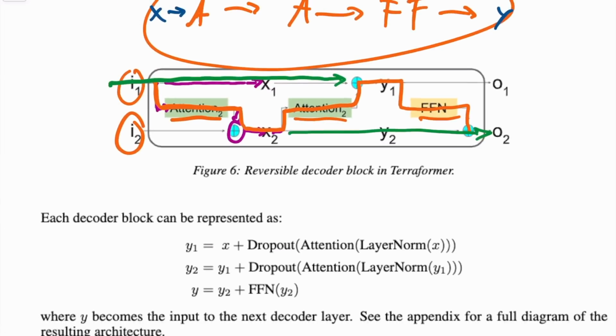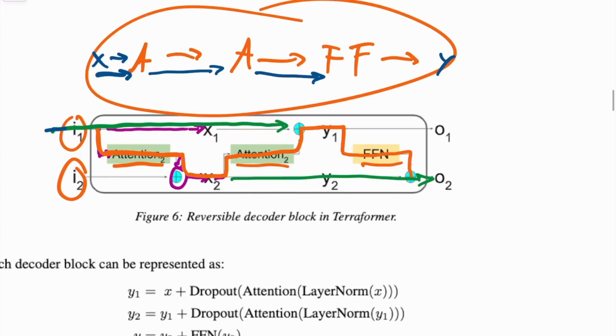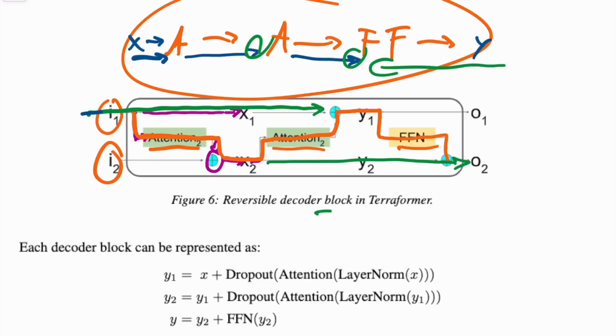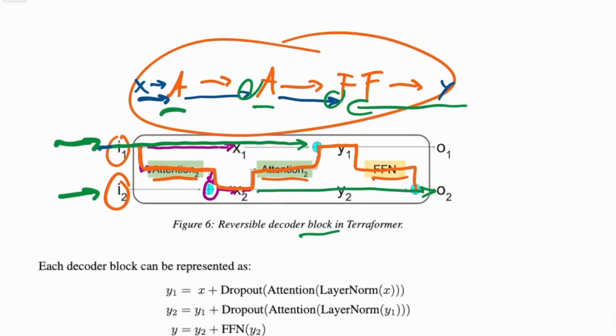So the reversibility changes that. Essentially it means I can always reconstruct from these signals, I can reconstruct the intermediate activations, and therefore I don't need to store them, because in a normal neural network, as I forward propagate, I need to store a lot of intermediate stuff, like right here and right here, in order to then, during back propagation, I need those things because otherwise I couldn't calculate the gradient. So I need to store the activation somewhere. Reversible networks, reversible blocks do not have this property. They do not need to store because they're reversible, and they're made reversible not by changing the individual modules like this or this, but by simply having this construction of the two strands of information, and the modules simply apply between the two. It's a pretty smart architecture, but one has to say it has very often significant trade-offs,